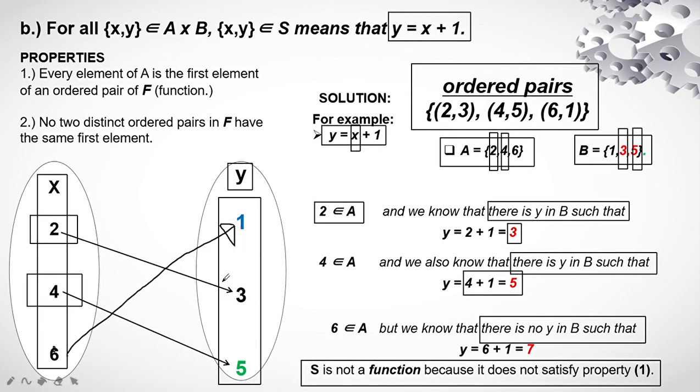Ngayon, sabihin natin hindi yung 6-1. Wait lang. Erase lang natin to. Okay? So, ayan. Sabihin natin dito naman siya yung arrow niya. Dito naman sa 3. So, ang reason kaya hindi siya function because it does not satisfy property number 1 kasi nga yung ordered pair natin, ang sabi dito, sabi ng tinatawag na property natin, yung pina-follow natin, every element of A is the first element of an ordered pair